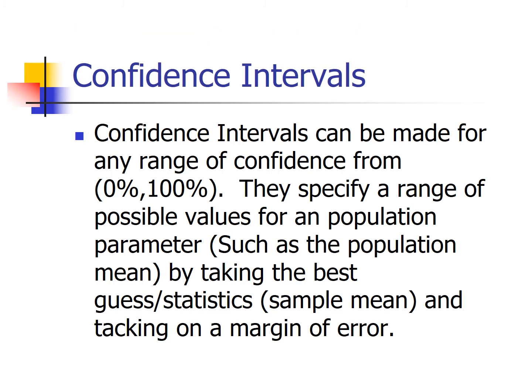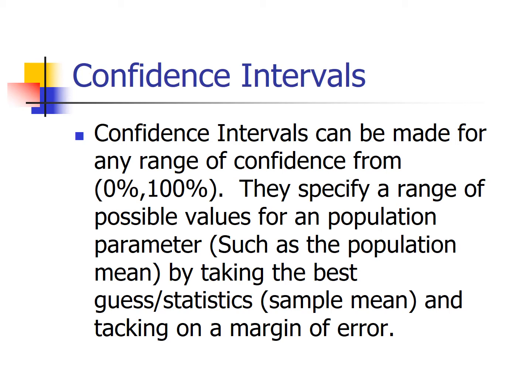So confidence intervals can be made for any range of confidence. So you have these percent confidence intervals. In theory, they could be any percent between 0 and 100, although in practice, they're almost always 95%. So in practice, we will almost always make these things called 95% confidence intervals. That's what, say, our government mandates, what the FDA mandates. So I guess we decide if it's good enough for the government, it's good enough for us.